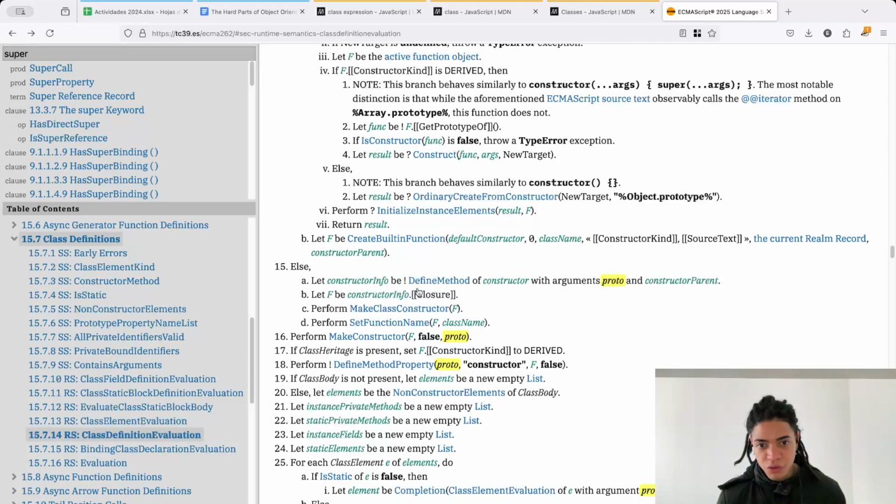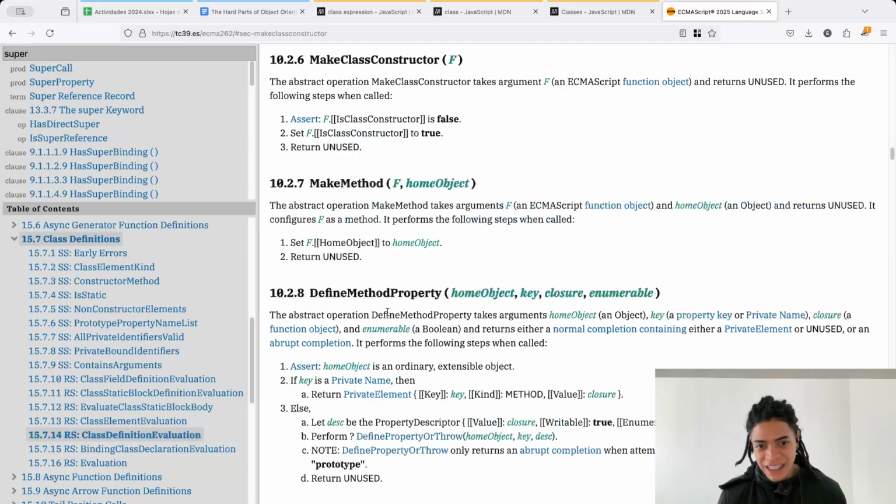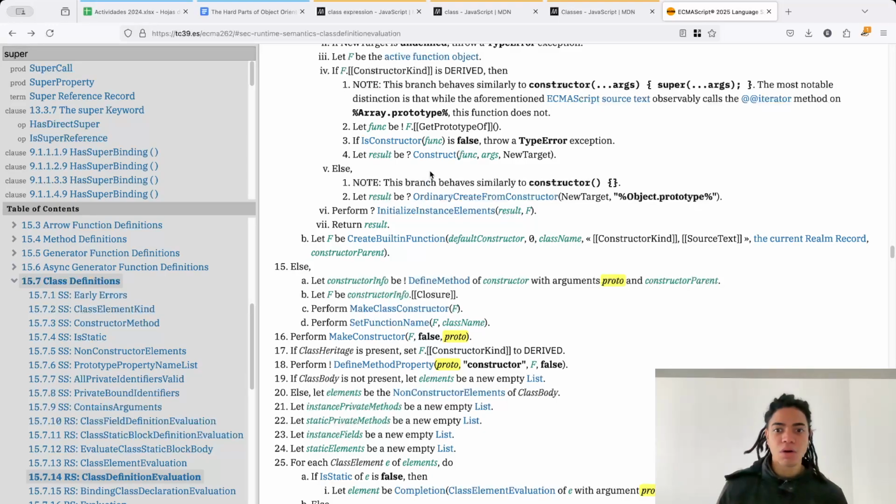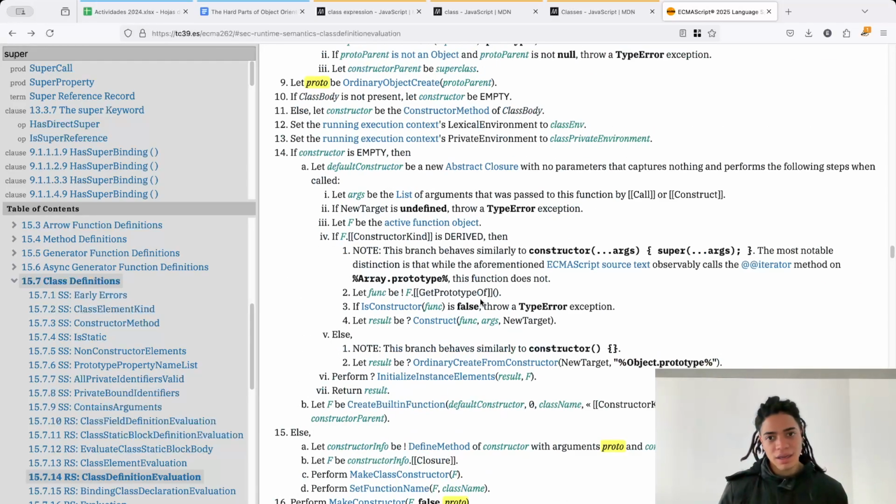Okay, let constructor info be defined method of constructor with argument proto, make class constructor. The abstract operation make class constructor takes arguments f, an ECMAScript function object, and returns unused. It performs the following steps. Is class constructor false? Set this function's is class constructor to true, which is a hidden property. Okay, so it's because now it's saying, all right, now that I